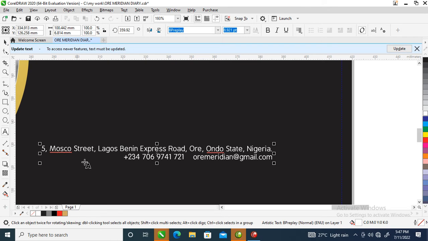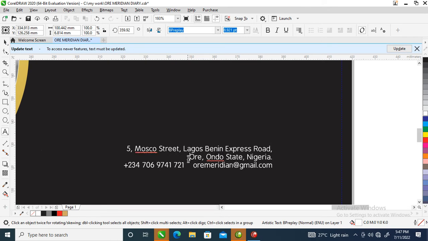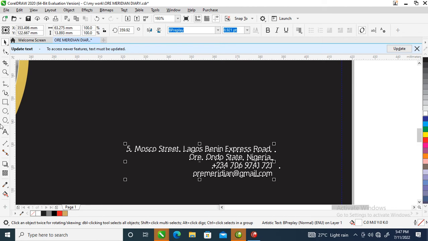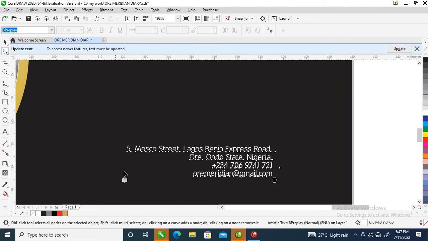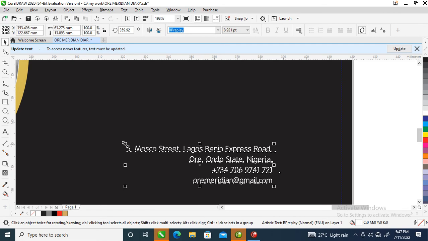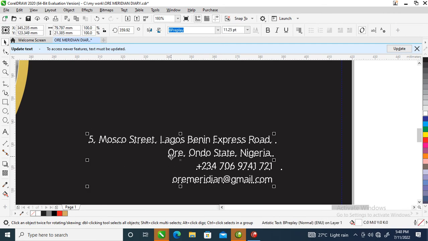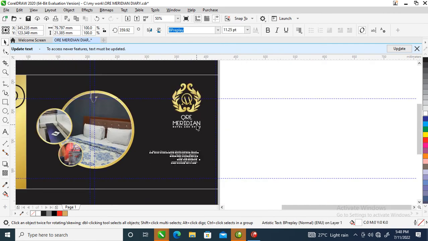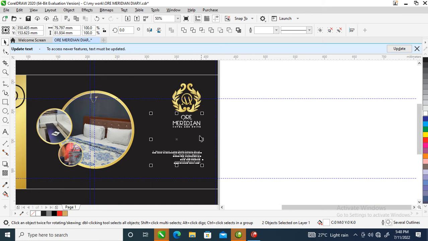Select the text tool, then you enter it from here, enter the email. Good. Can you see that? So let's adjust that. It's on your, what's it called, shape tool, then you adjust the space within the words. So right now, left alignment,